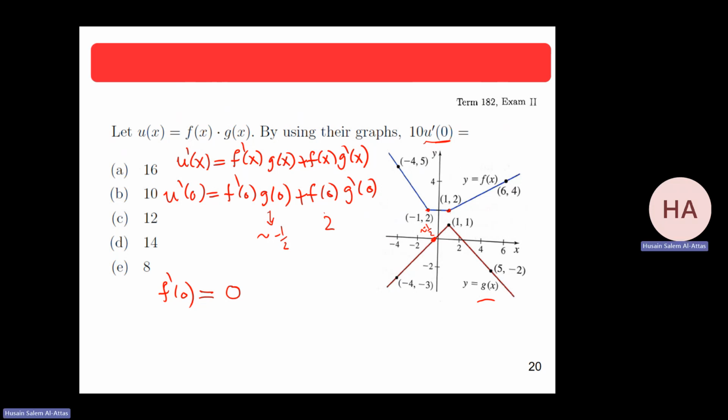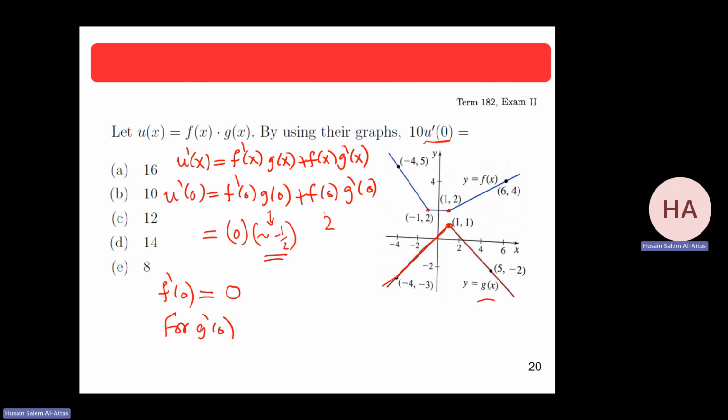The derivative is 0, f prime at 0. Now for g prime. Because of that, I don't care about this, because this is 0. It's 0 times any number, it will be 0. Who cares? For g prime at 0, I need this line, since the 0 is here, and I will take